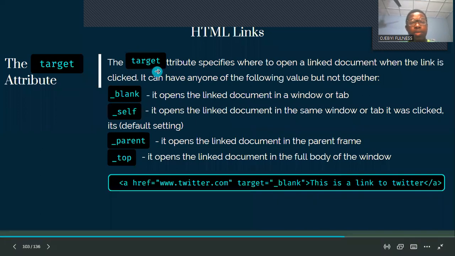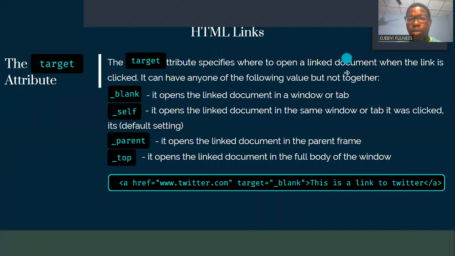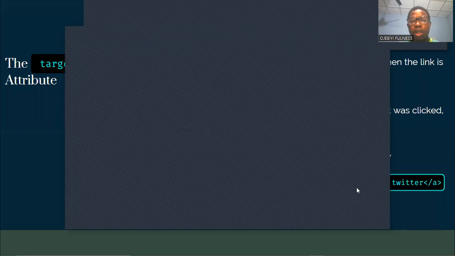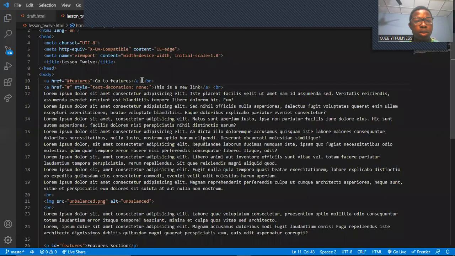So the target attribute specifies where to open a linked document when the link is clicked. It can have any of the following values, but not together. For example, now that Twitter link that I opened took some time, and then it was encroaching into our page that we're using for our example. So, if I just want to open the Twitter page in another tab in my browser, I'll just go to href